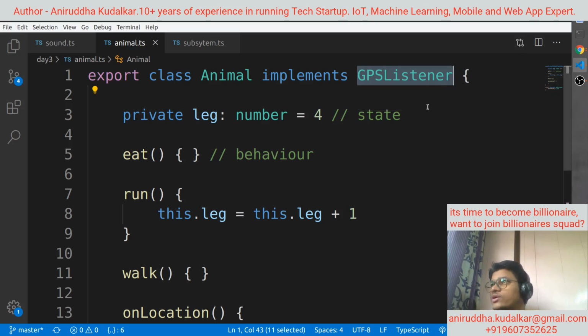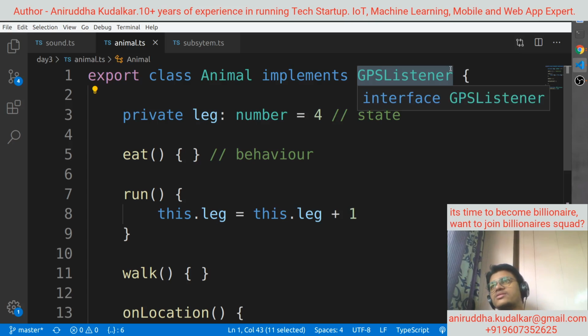In Angular, every component has some lifecycle methods, and those lifecycle methods are coming from interfaces. Remember this: a component is not capable of getting the lifecycle events, but the moment you implement the listeners, the component becomes capable of getting the lifecycle events.